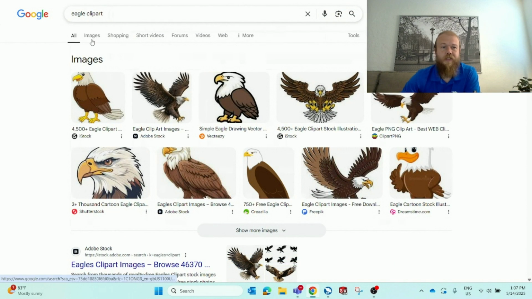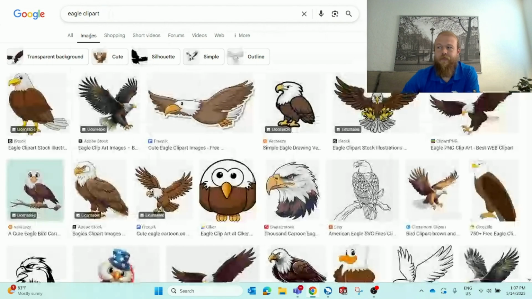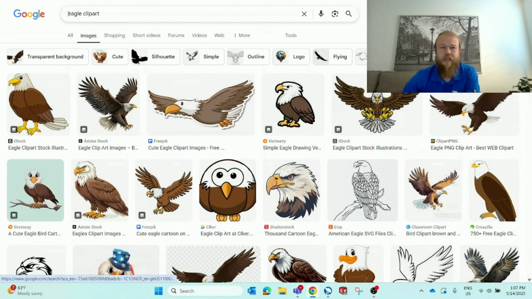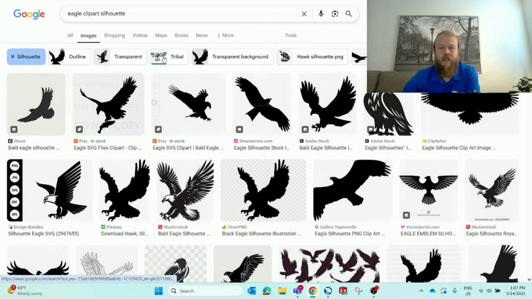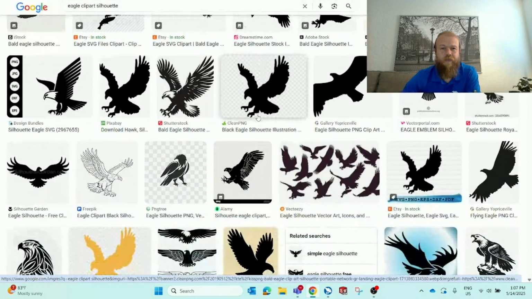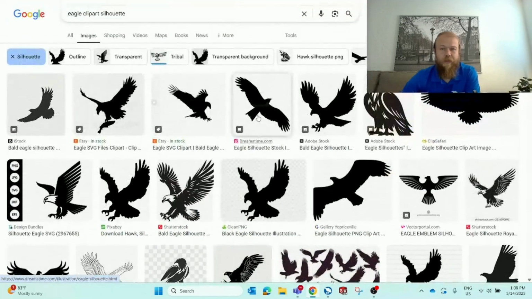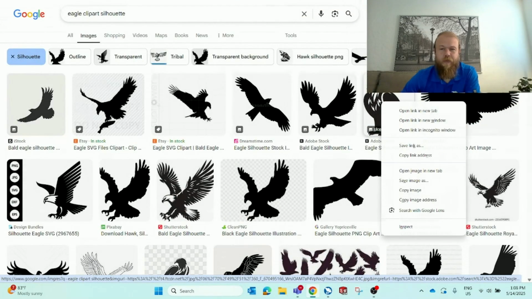I usually do that because when I go to images here, I can normally find a good black and white image. So I typed in eagle clip art up at the top of Google. It asks me, do I want, let's see, a silhouette? I think silhouette would be good. That looks cool. So up at the top, if you see this one, let's see if this one will allow me to save as an image. So I'm going to right click on this one and go to save image as,